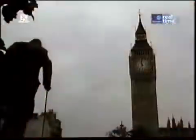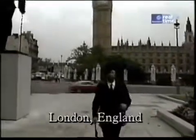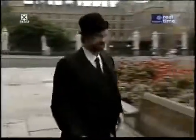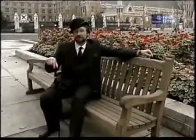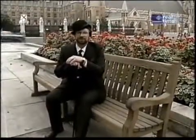Well, I didn't have the nerve to wear my plaid shirt here in London, and as you can see, I left my tool belt back at the shop. But I thought it would be the perfect place to find an authentic English garden bench. How's this one over here? A perfect example. Originally, they were made from English oak, but when all those trees were cut down, they went to teak, a perfect choice in this damp